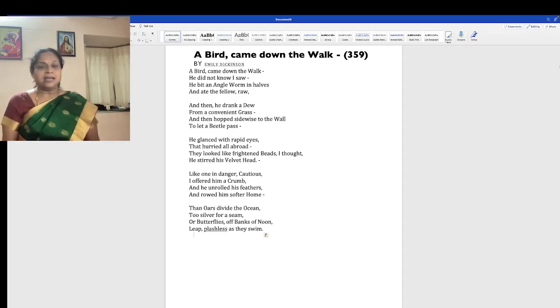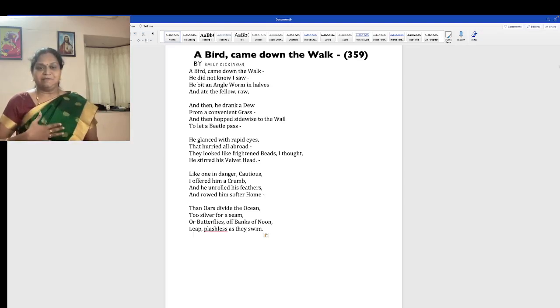She says the bird bites the angleworm in halves, and then it doesn't grill, it doesn't bake, it doesn't cook. Rather, it eats the angleworm raw. It's not disgusting. That's the law of nature. That's how the cycle of nature works. So the bird here is portrayed as a merciless predator. You see that it's preying upon an angleworm. It just bites the angleworm in halves, and then you find the bird eating it all raw.